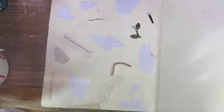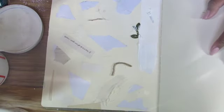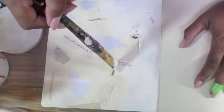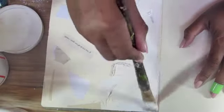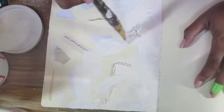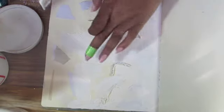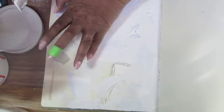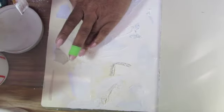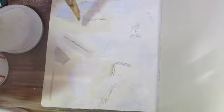So like I said, I'm just going to go ahead and put some gesso on this page. And let's just see how magically we have created a cool background. And it doesn't have to be a lot of gesso because for me, I'm going to be adding paints and colors on top. So just enough to cover up those dark leaves. Oh, I didn't want to cover that, did I? I love that. It's so random. If I had to do it all over again, I would. It's probably going to end up getting covered up anyway, but